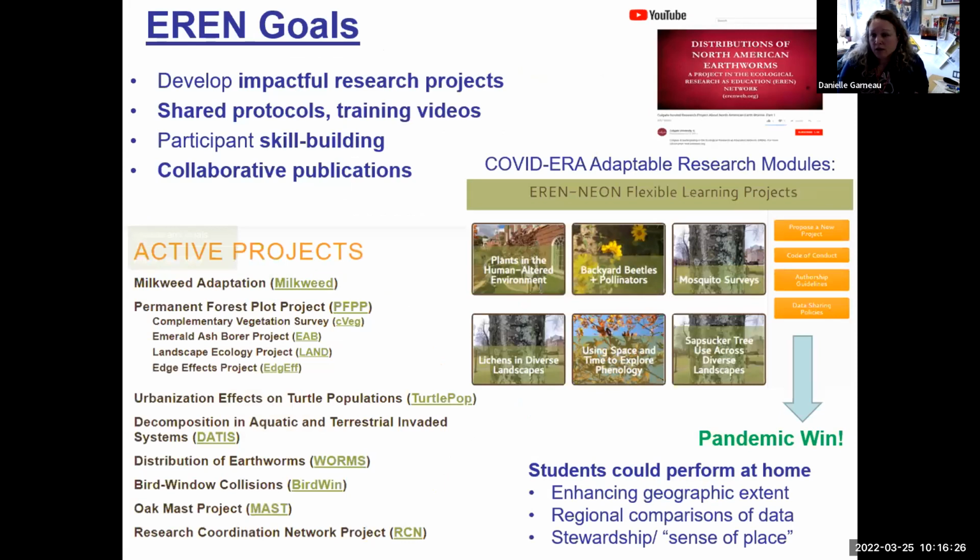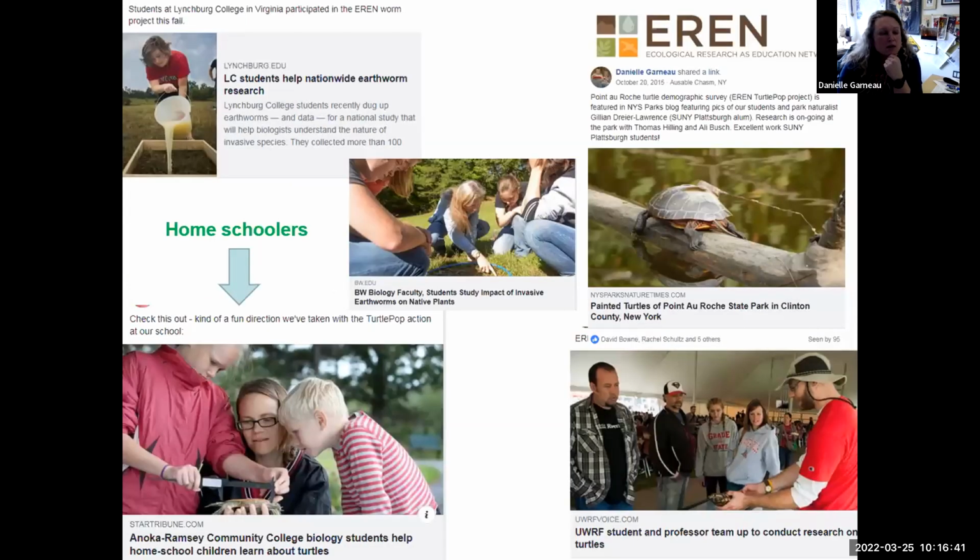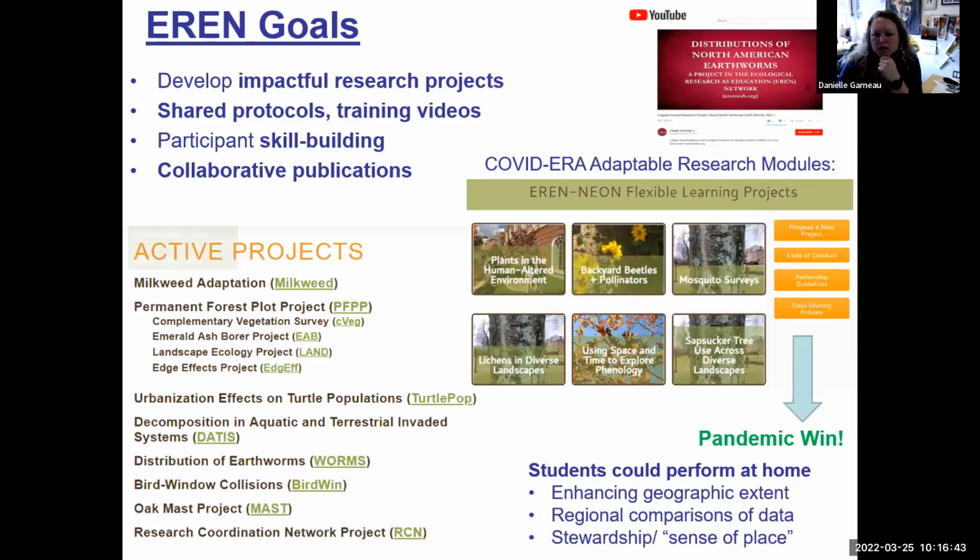The goals of Aaron are to have these research projects that students can engage within. We've got training videos that will allow it to be easier for the general public to engage in these research opportunities and grow these skills. You can see in the upper right-hand corner, there's an earthworm project there. But we look at things like milkweed